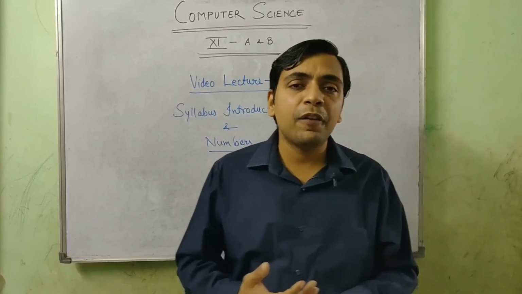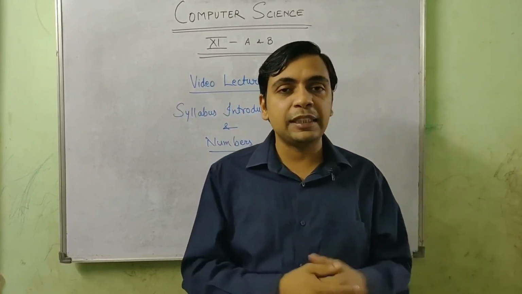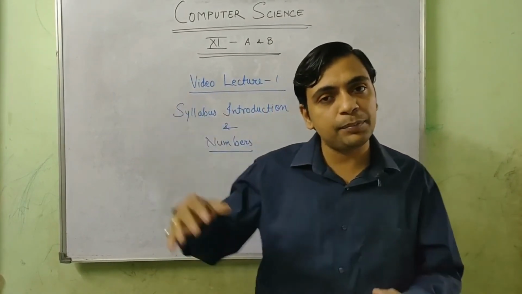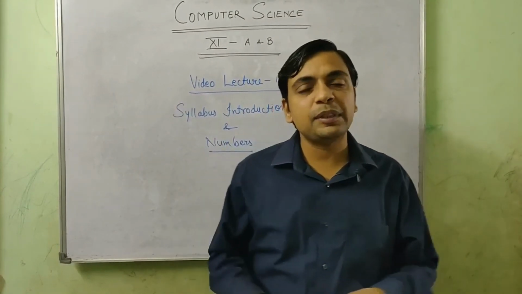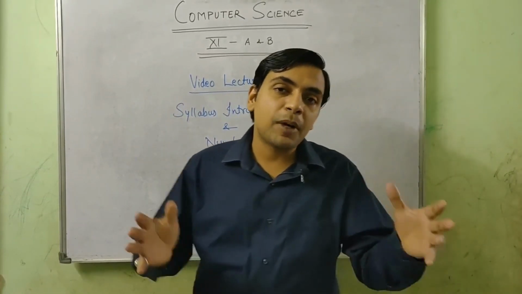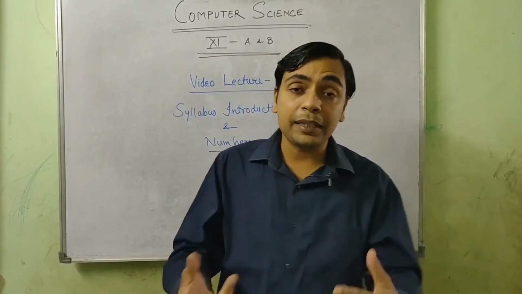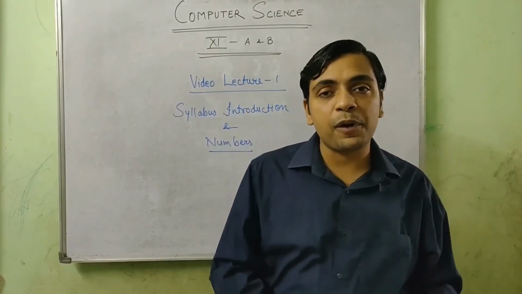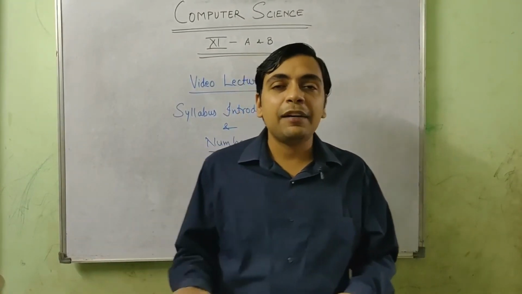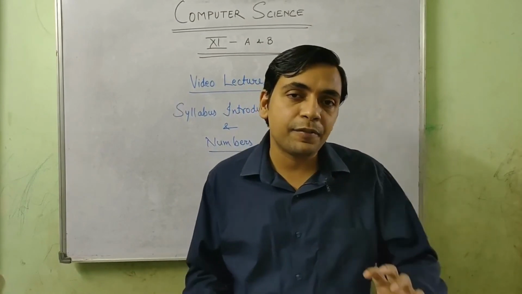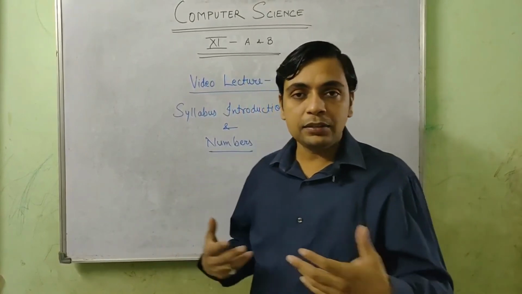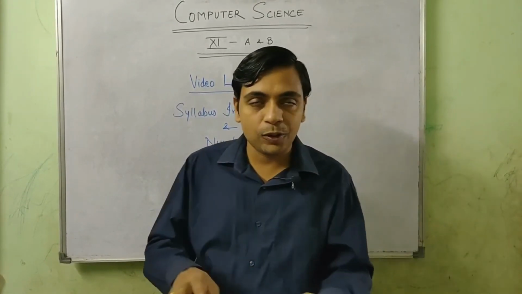So whenever we are working with a given set of digits, we are working in a specific number system. There are different number systems, and in different number systems, different numbers of digits are available. The number of digits is always fixed, but the numbers that we can form from them are infinite. So with a finite number of digits, we can form an infinite number of numbers. I will explain that in today's lecture itself, don't worry.